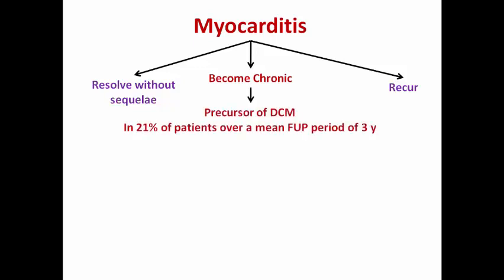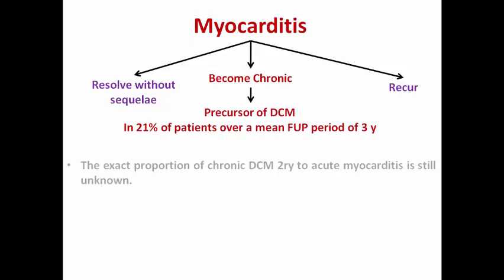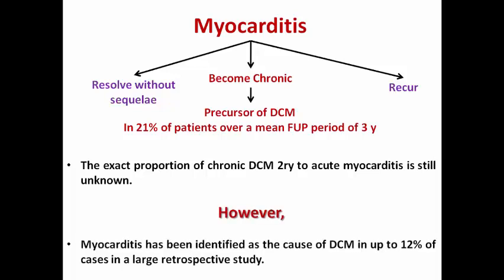In this case, it is a precursor for dilated cardiomyopathy, as in 21% of patients over a mean follow-up period of 3 years they develop LV dysfunction. The exact proportion for chronic dilated cardiomyopathy secondary to acute myocarditis is still unknown. However, myocarditis has been identified as a cause of dilated cardiomyopathy in up to 12% of cases in a large